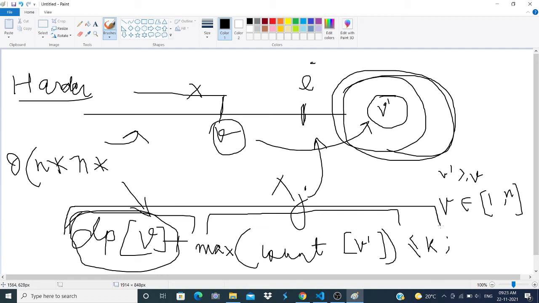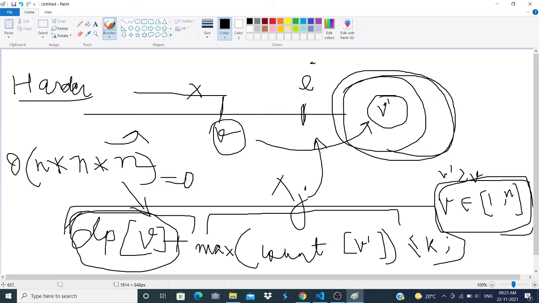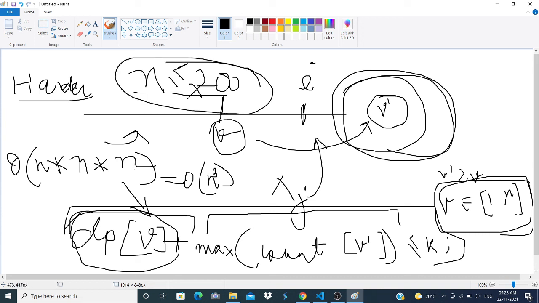You see, we need to check that dp of v plus maximum of count of v dash is lesser than or equal to k for all the v's from 1 to n. So overall, the problem is solved in order of n cubed, and since n is only up to 200, it is fine, right? It will work here.